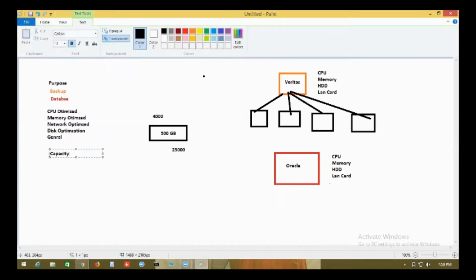Capacity. So what capacity do you want? Do you want, let's say, one CPU plus 1 GB memory? No, I want two CPU and 8 GB memory. So you have to specify. And let's say a 4 GB memory.